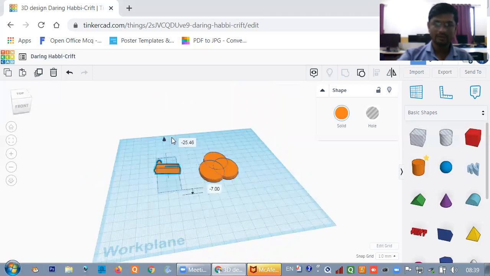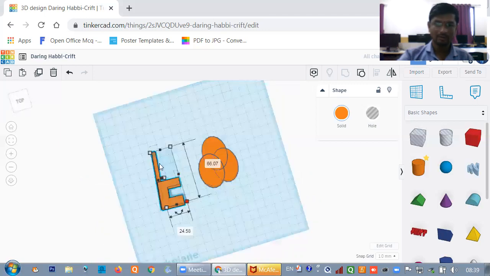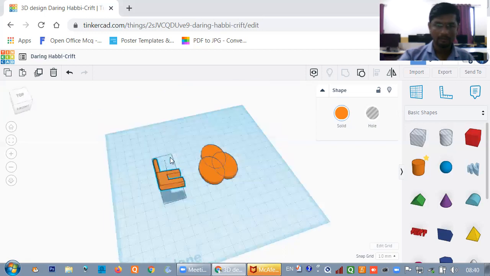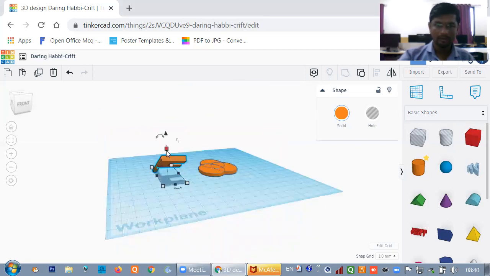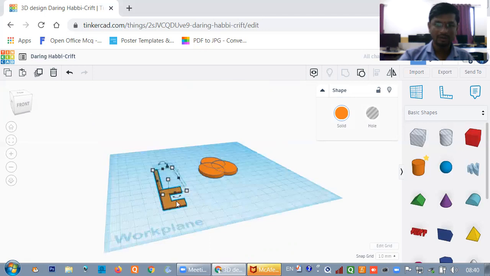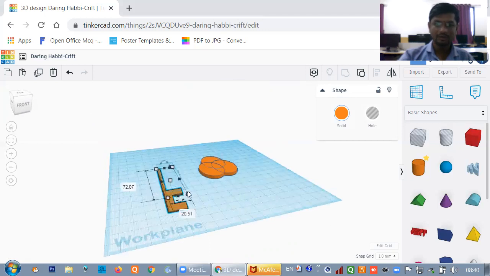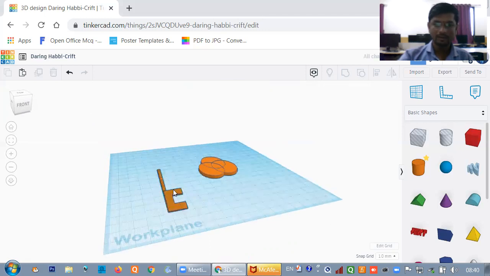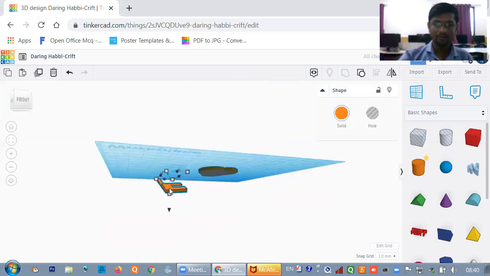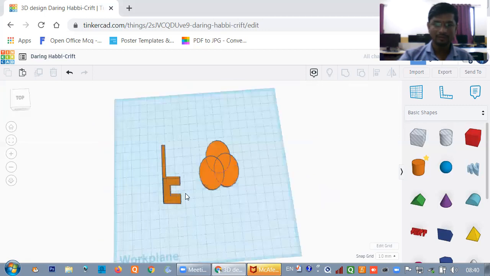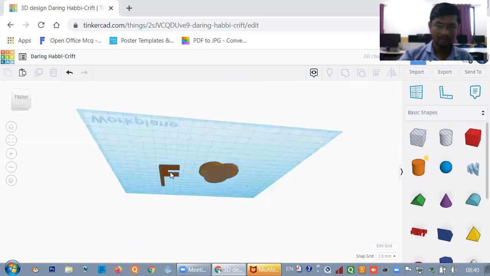With this icon you can turn it. I hope you understood this very well. Now you can put the downside like this, which will make it easy to handle as a key. You can put it properly. Getting this, everyone?